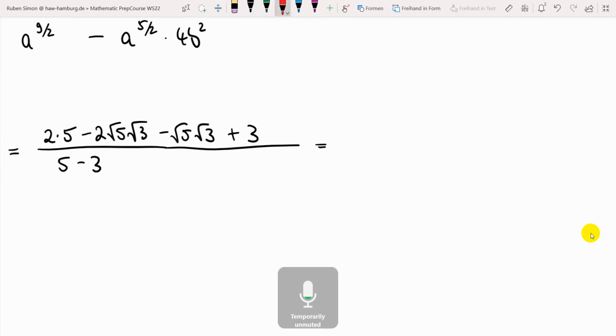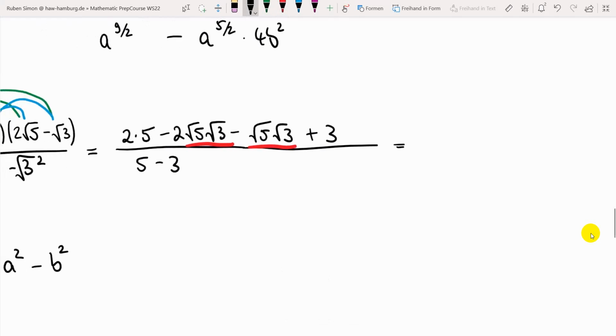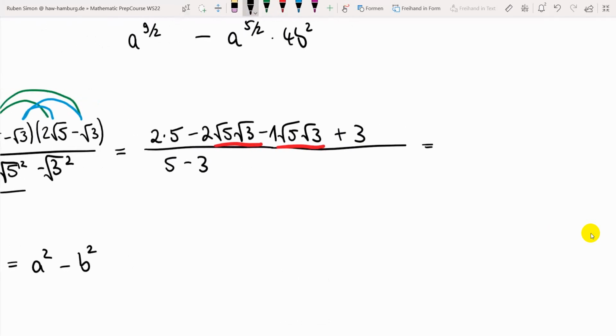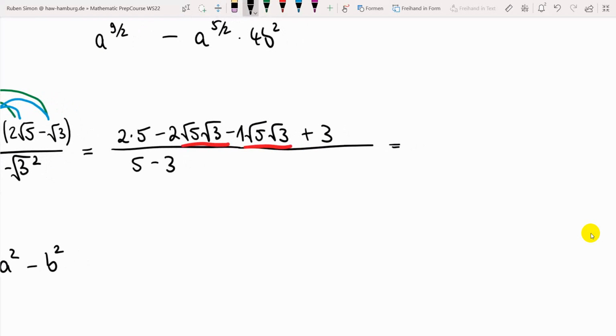Yes, so you spotted that this is the same as here, so x times root 5 root 3 minus, or was it minus? Was it plus? Minus. Minus 1 root 5 root 3, and you could just think of substituting these with the letter A, for instance, and then you have 2A minus 1A, and this always turned out to be just 1A, and that's why we can. Oh yes, minus, correct, minus 2A minus 1A, and this would turn out to be minus 3A, and that's